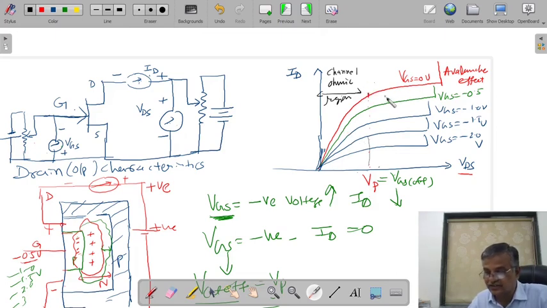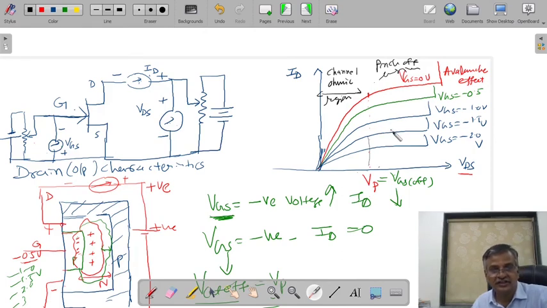So what about this region? See, here it is almost constant. So that's why this is a pinch off region. This region is called pinch off region. This is your channel ohmic region. This is your pinch off region. Both have importance. Here you can see the different applications of field effect transistors. If you operate your FET here, you can get different types of circuits. For amplifier purpose, FET should be operated in this region.